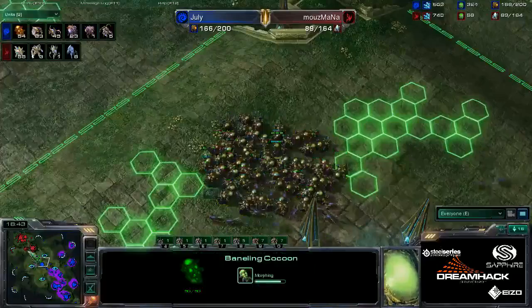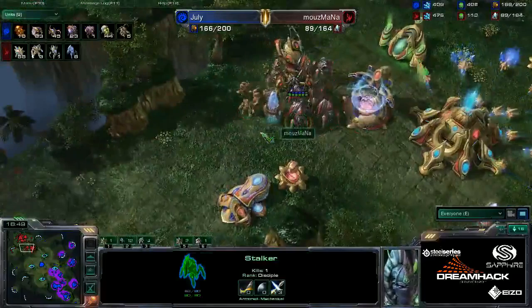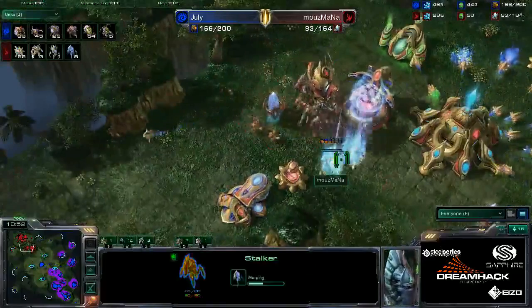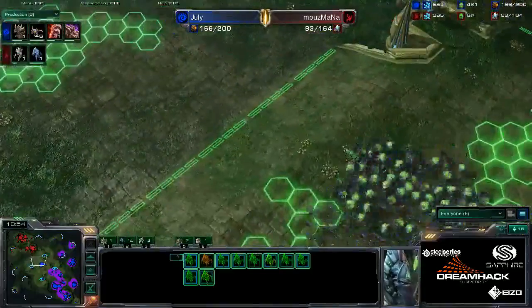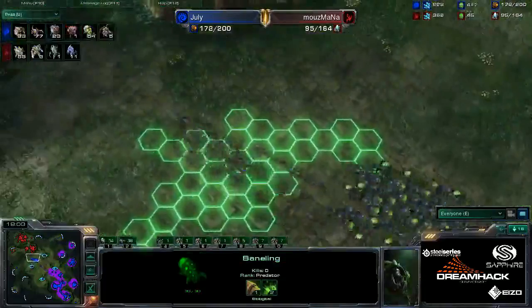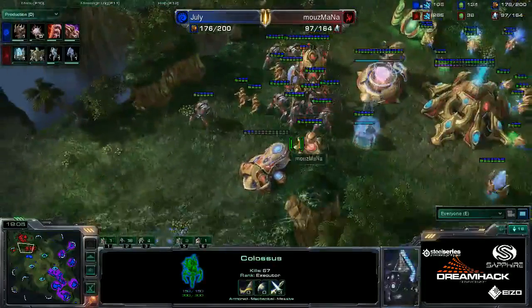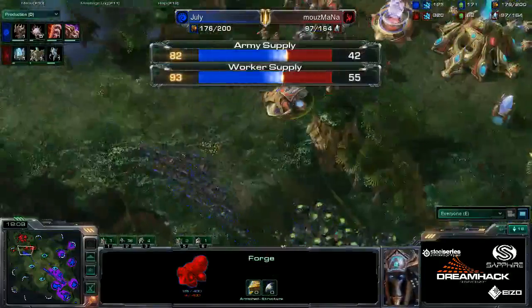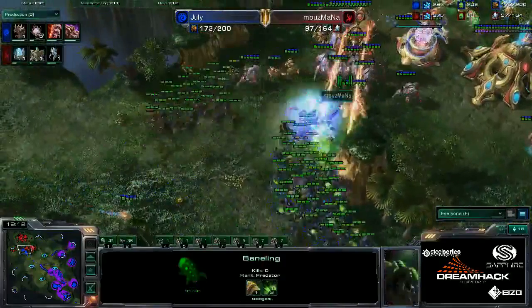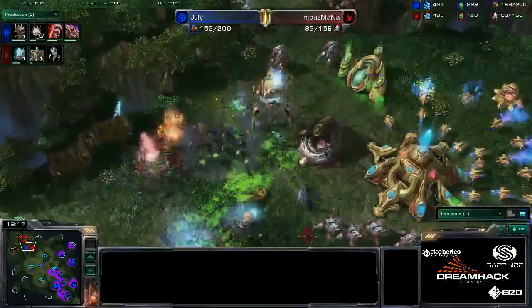54 Banelings from July coming in right here. MaNa has lost the majority of his wall, and he doesn't have any sentries. I have this feeling this is probably only going to end one way. Don't know where I'm getting that impression from, but really, I don't think this is going to hold somehow. That's the army supply count difference. That's the Baneling count. Huge numbers of Banelings taken out at that, but it doesn't really matter as he rams